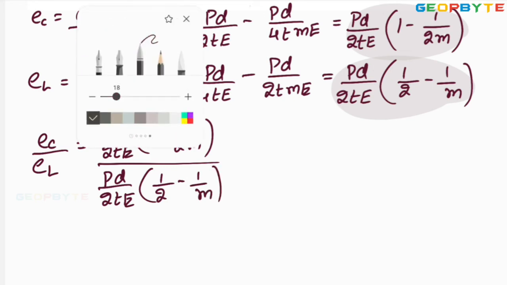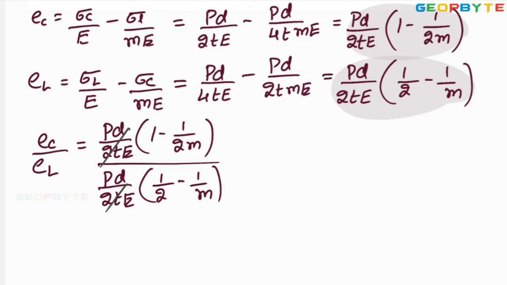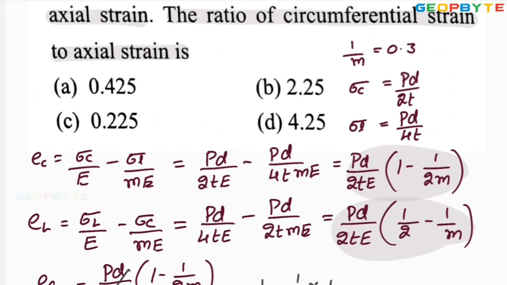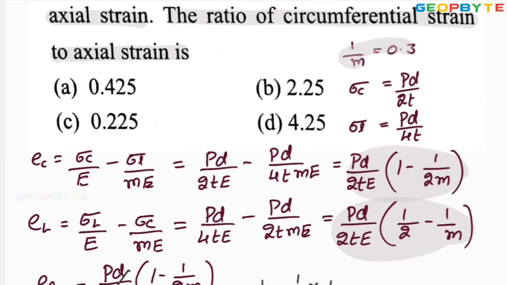This PD by 2TE is cancelled. Finally 1 minus 1 by 2 into 1 by m divided by 1 by 2 minus 1 by m. It is equal to 1 minus 0.5 into 1 by m value given, 0.3,